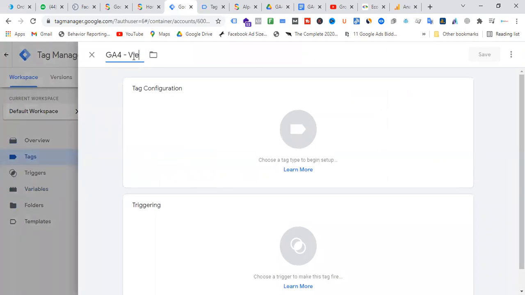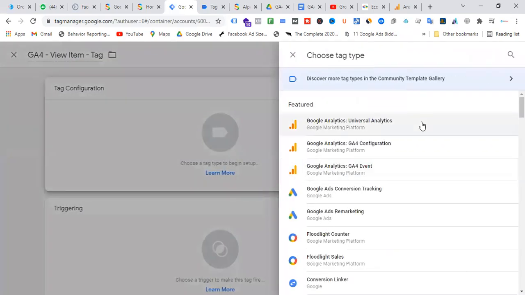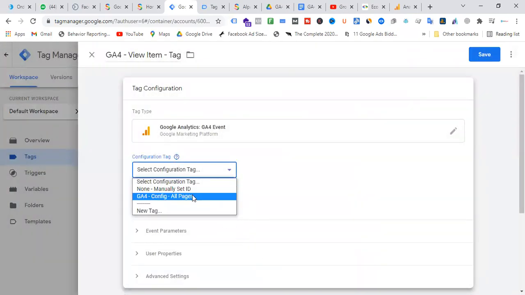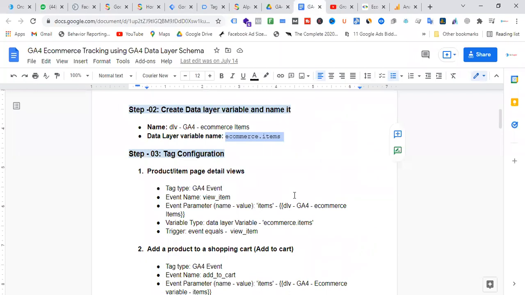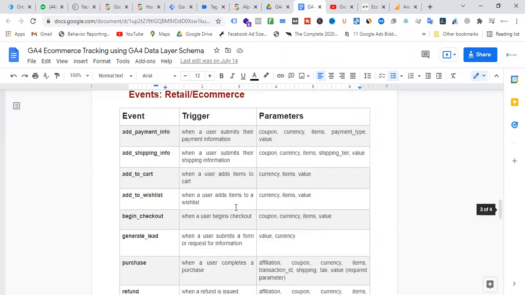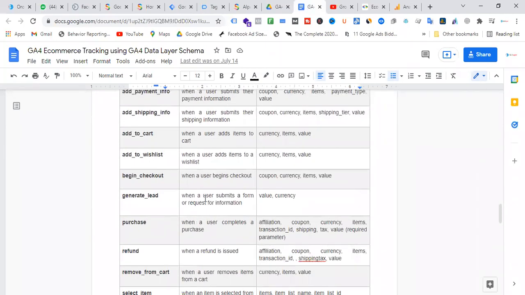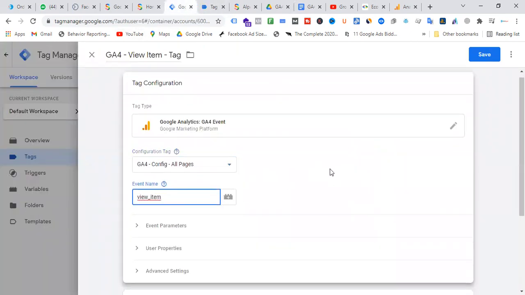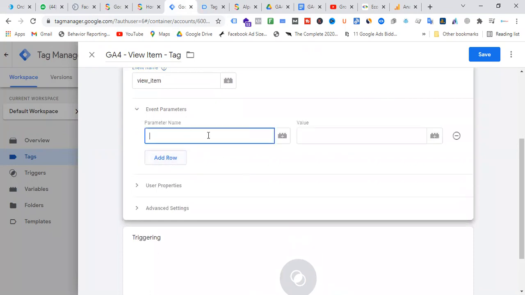GA4 view item tag. Now go to the Google Analytics 4 event. Select the configuration tag which is already implemented. Event name is view item. You have to copy it this way because, according to the Google guideline, if you want to track view item, the naming will be the same, view item. Okay, so I'm putting it here, and the event parameter will be